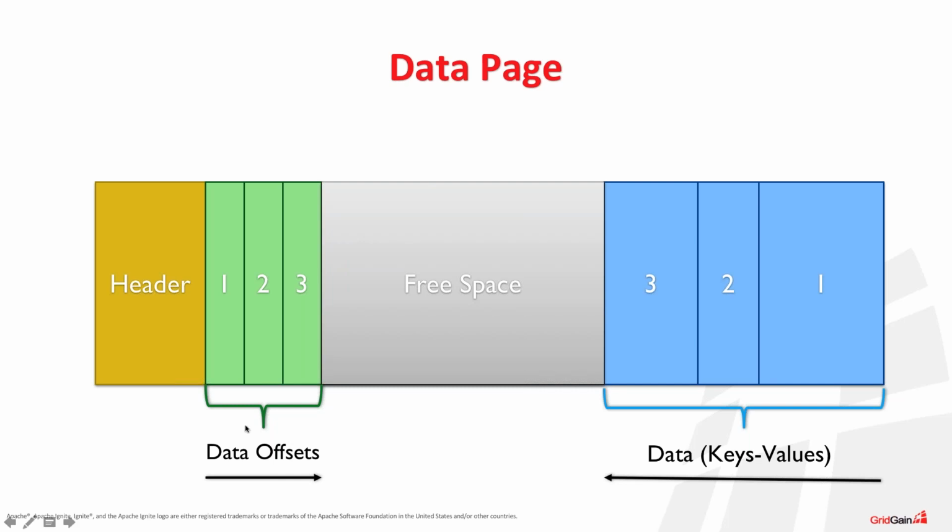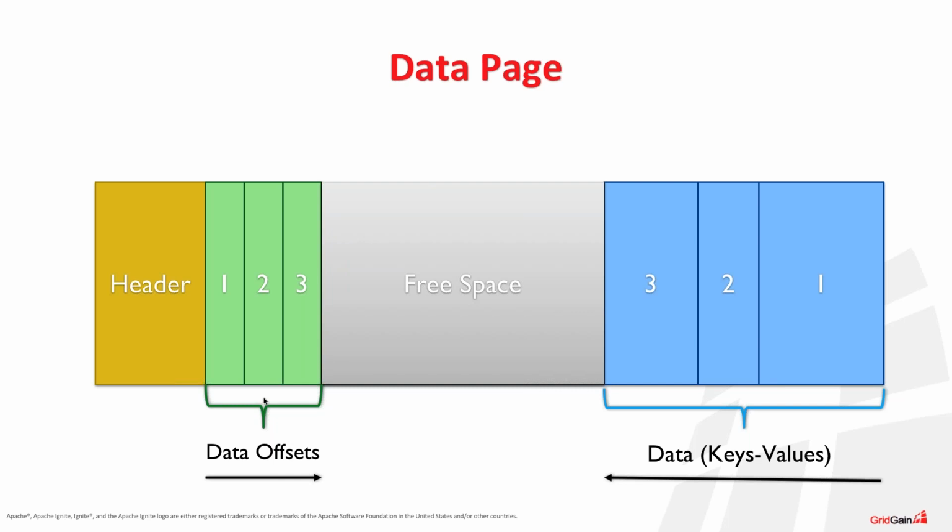Or links, you can call them this way. These data offsets point to specific data records located in this page. Like a data offset for record 1 is located here. Here we have a data offset for record 2, and so on and so forth. And all these data offsets are actually stored and used in different internal structures of virtual memory, such as B+Tree or free lists, and so on and so forth.